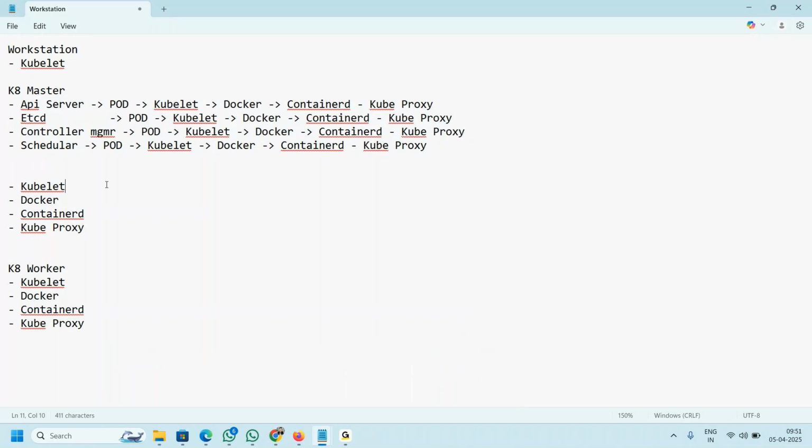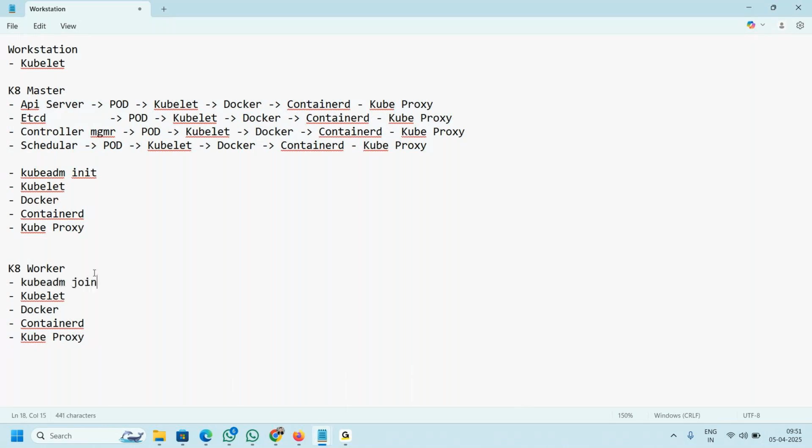So in that case, Kubernetes has given one utility. What utility? The utility name is kubeadm, kube administrator. So kubeadm, we need it, and when we run kubeadm init, this command will set up the whole thing, this one: API server, etcd and so on. And when we run kubeadm join, not this one, kubeadm join, then it will run all the